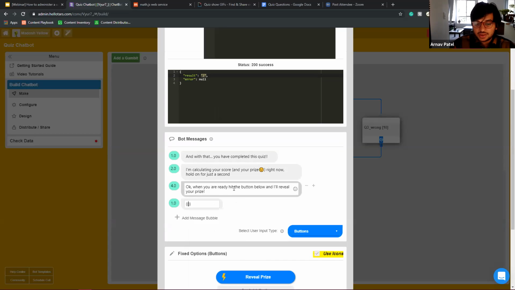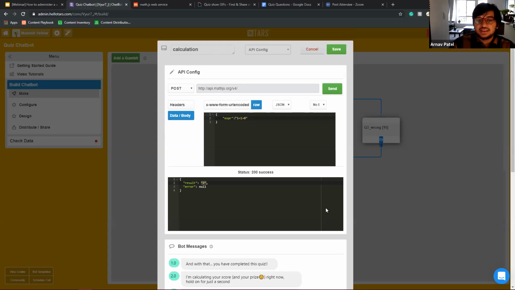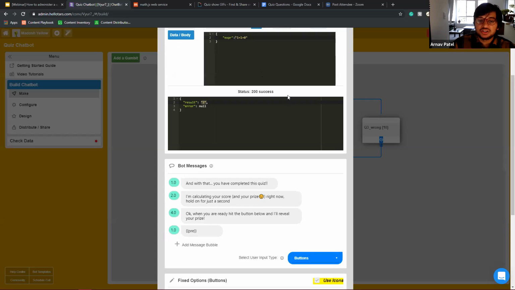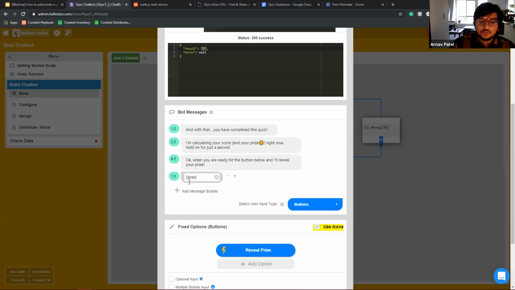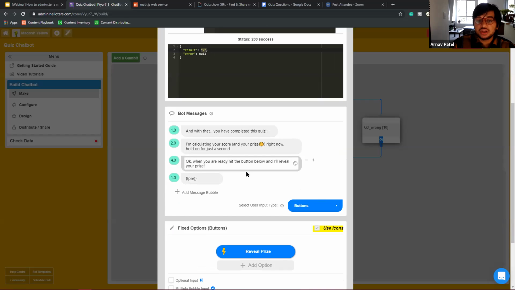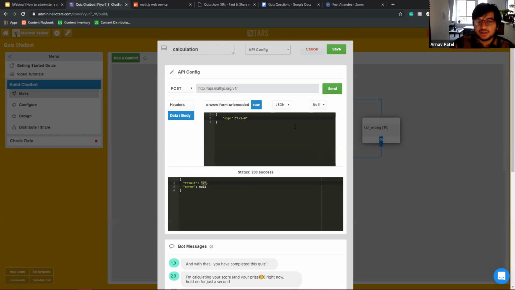Now within this, instead of using the uval option, we are going to use the pre option. Now what pre does is pre tells the bot to look at the area before the messages. So pre the messages for data. So over here, by saying curly braces pre, it is going to look at the area before the messages in all of the gambits. So over here in the calculation gambit, it is going to